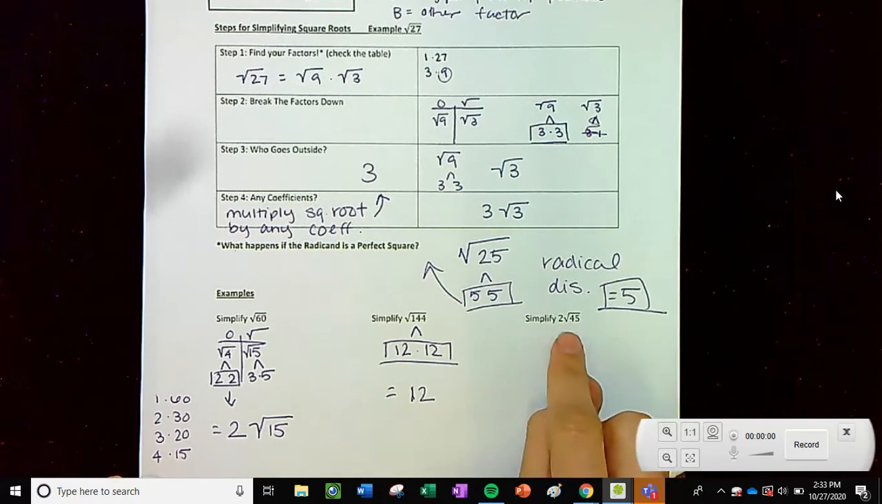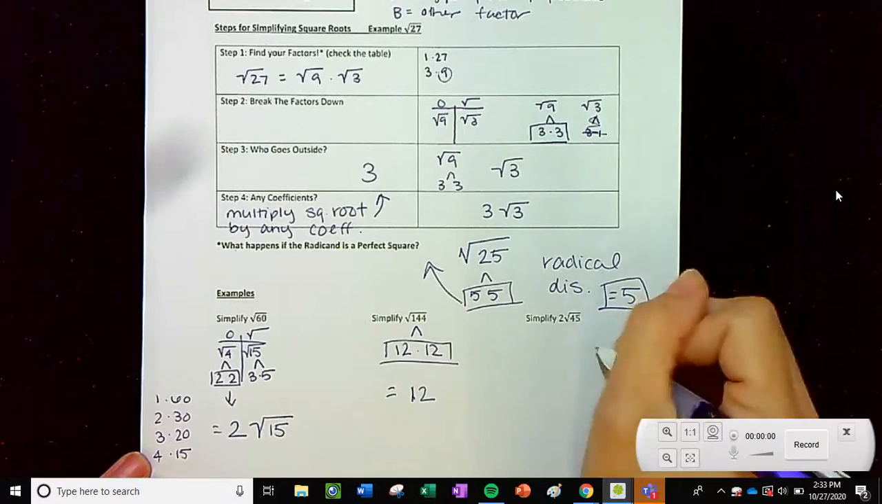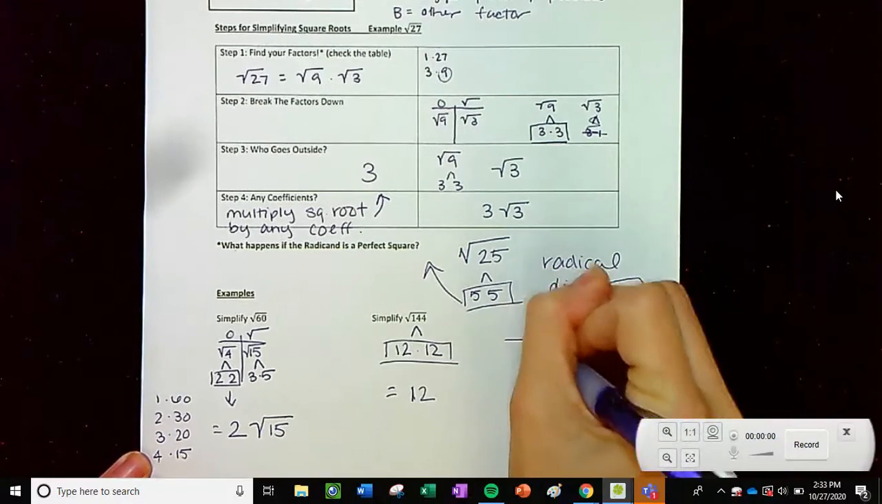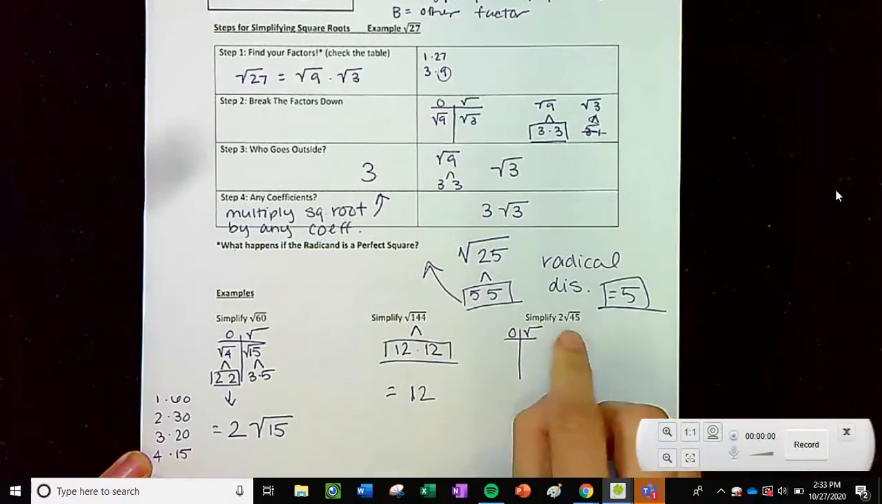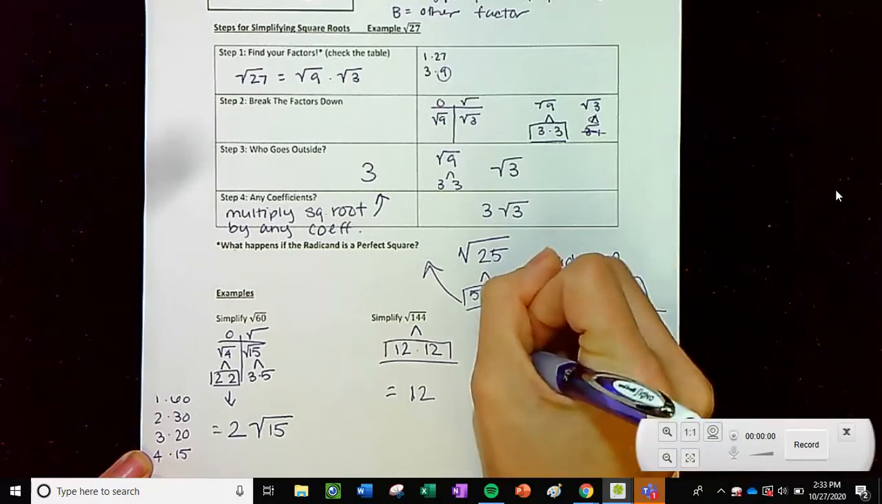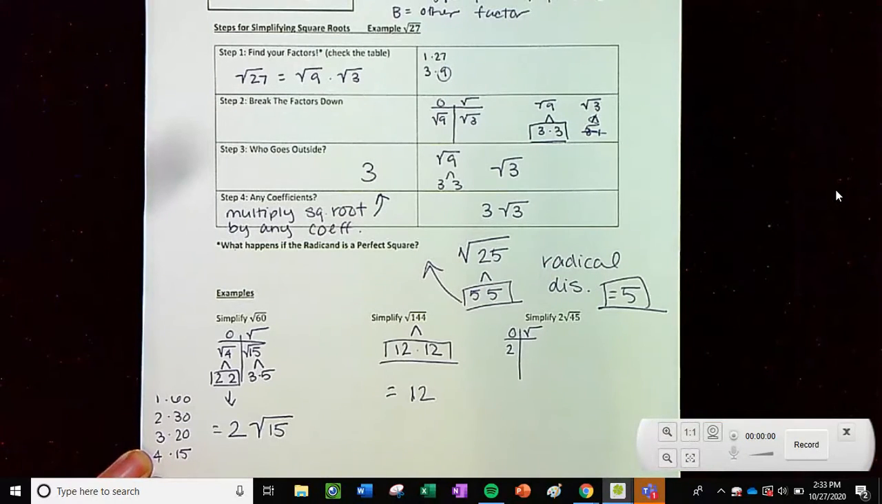All right, and last but not least, let's check out 2 times the square root of 45. 45 is not a perfect square, so we're going to have to simplify that radical, and we already have the existing coefficient of 2. So let's make our little table of what's going to come outside and what's going to stay in the radical. 2 is already outside, so we know it'll be outside. And then 45, how can we break that down? What are